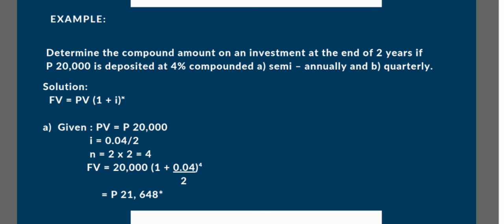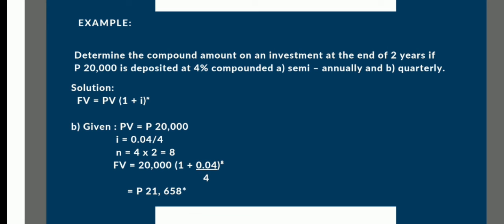So the solution is FV equals 20,000(1 + 0.04/2)^4, which is equal to 21,648 pesos. So for the quarterly, the solution is FV equals PV(1 + i/4)^4n. So given is PV equal to 20,000 pesos, i is equal to 0.04 over 4, n is equal to 4 times 2, which is equal to 8, and the solution is FV equals 20,000(1 + 0.04/4)^8, which results to